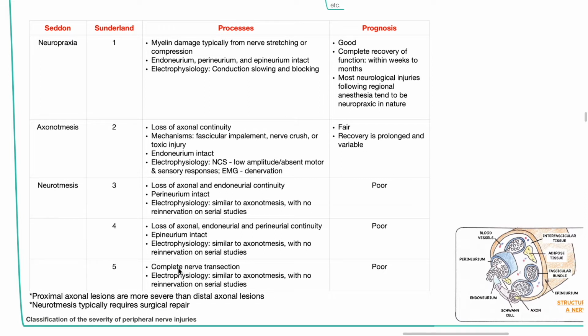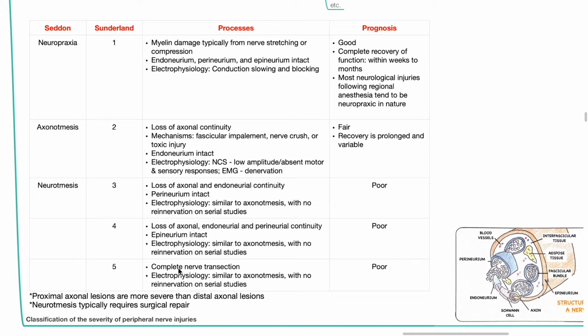The next Seddon classification is neurotmesis, which corresponds to Sunderland 3, 4, and 5. In Sunderland 3, there is loss of axonal and endoneurial continuity. Perineurium is intact. Electrophysiology is similar to axonotmesis with no re-innervation on serial studies. For Sunderland 4, there is loss of axonal, endoneurial, and perineurial continuity. Epineurium is intact. Electrophysiology is similar to axonotmesis with no